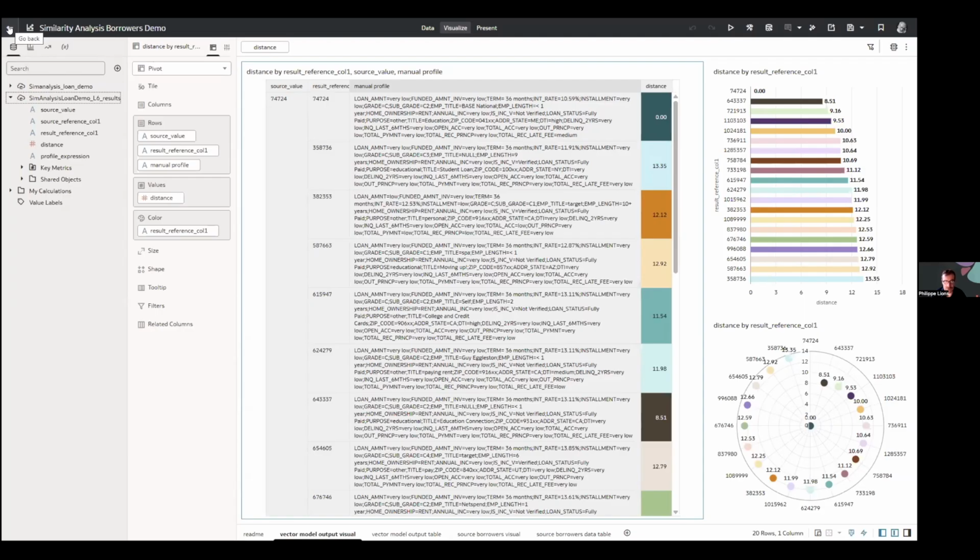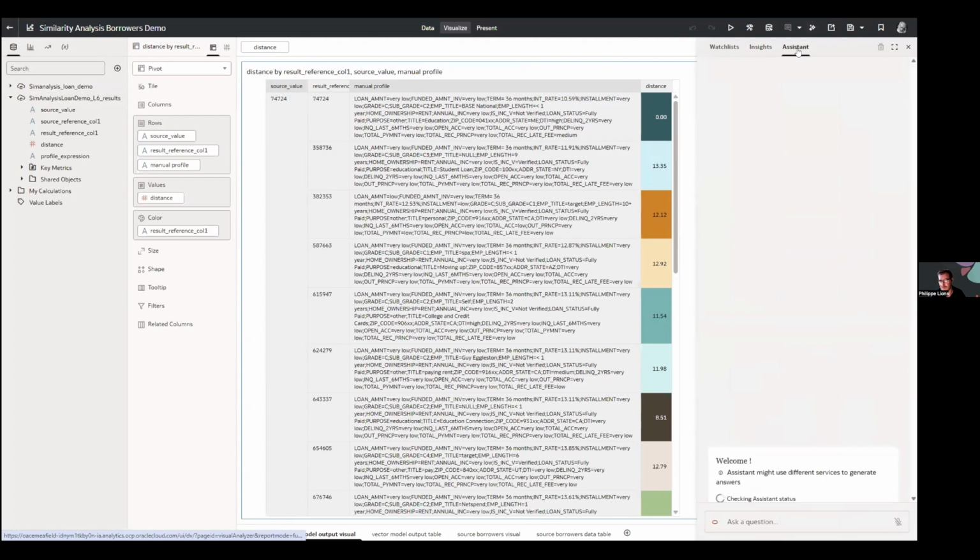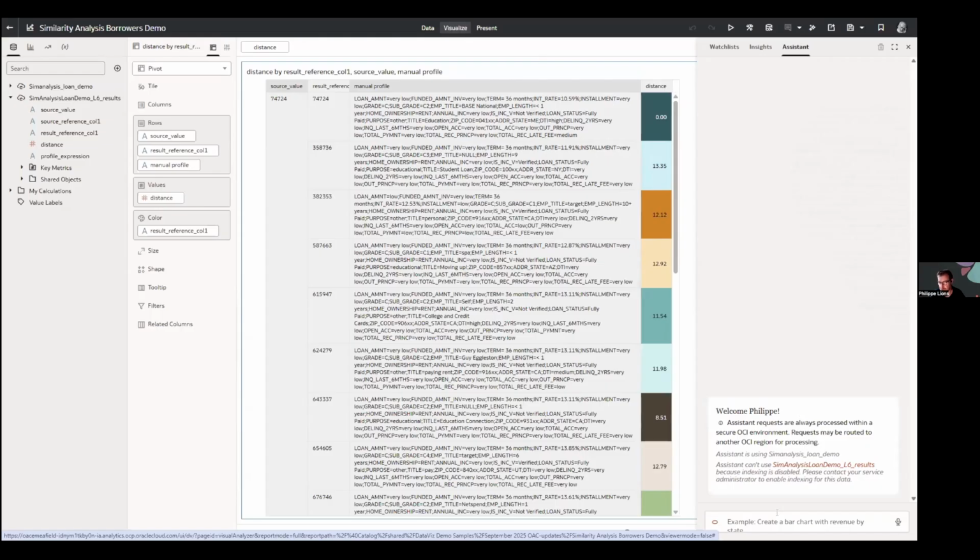So one simple item that I want to highlight that already exists as part of OAC is GenAI Assistant, which is available for me as an author, and I can ask questions directly on my data set. That's been there for some time.